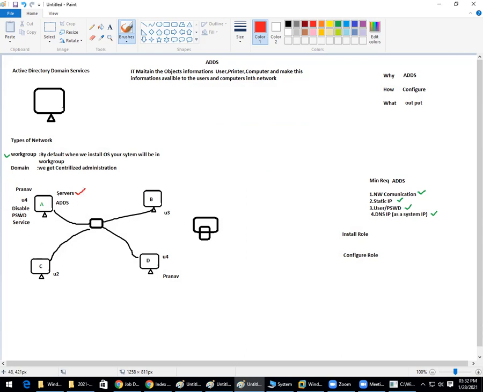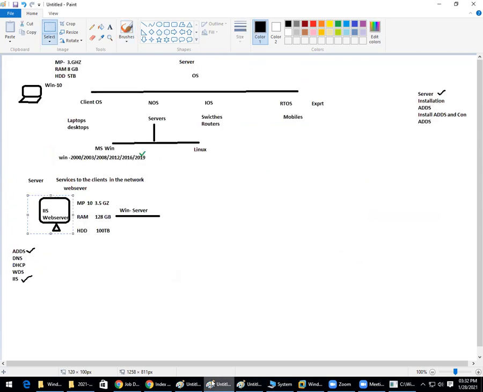My job is that, as per the organization requirement, I'm installing that service. What is the organization requirement? In that class, we are saying my organization requirement is ADDS. Now I'm configuring this ADDS. Don't worry about the rest, but as of now, only focus on ADDS. Right. So now, how to do that?